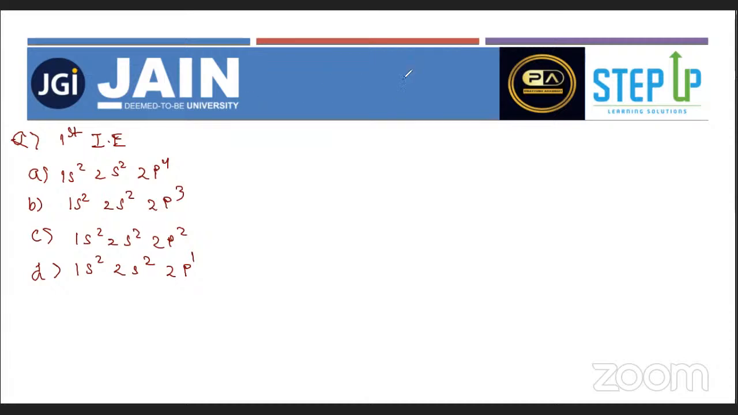Jain and Gautam. Sujan says B, Gautam says D, Komal says D. Okay. Good. So, first ionization energy. The base says D. Okay. This has to be the correct